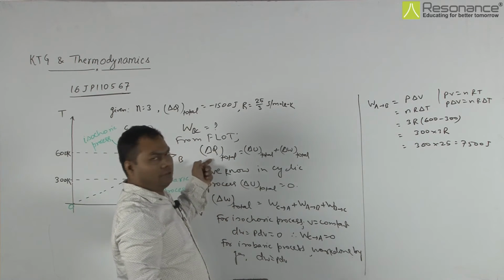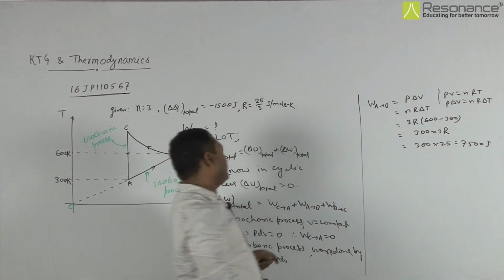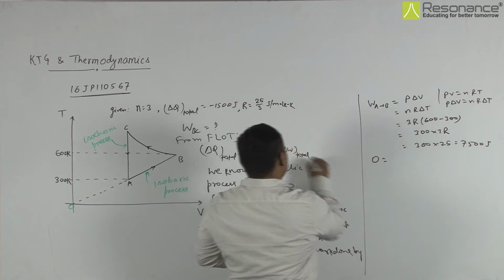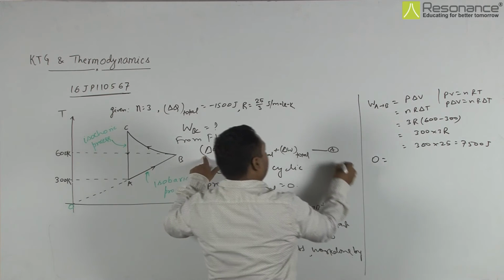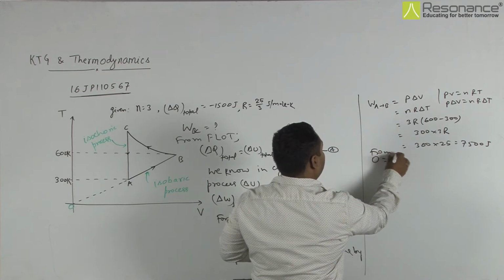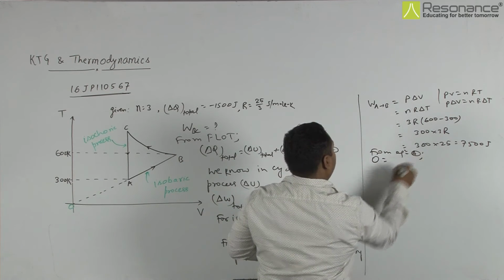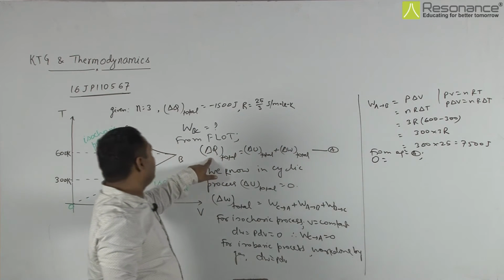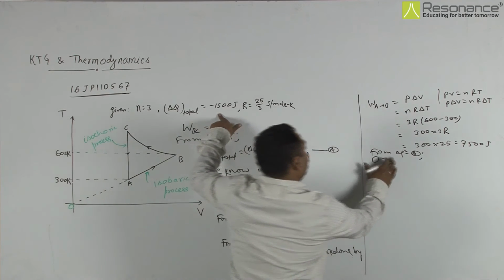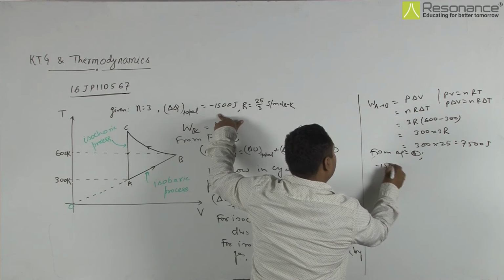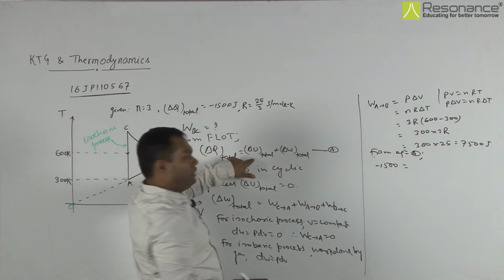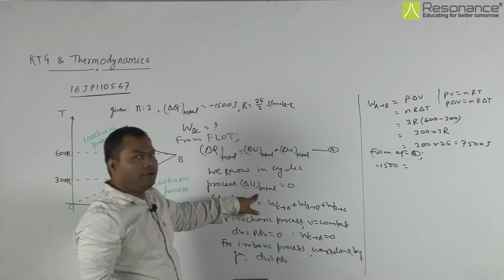Now by putting value of this and this in this equation, we can get delta W total, and this value is put in this equation, and finally we will get, let us suppose this is equation A, you can write from equation A delta Q total, which is given, minus 1500 joule, which will be equal to delta U total, which we have calculated, which is 0,